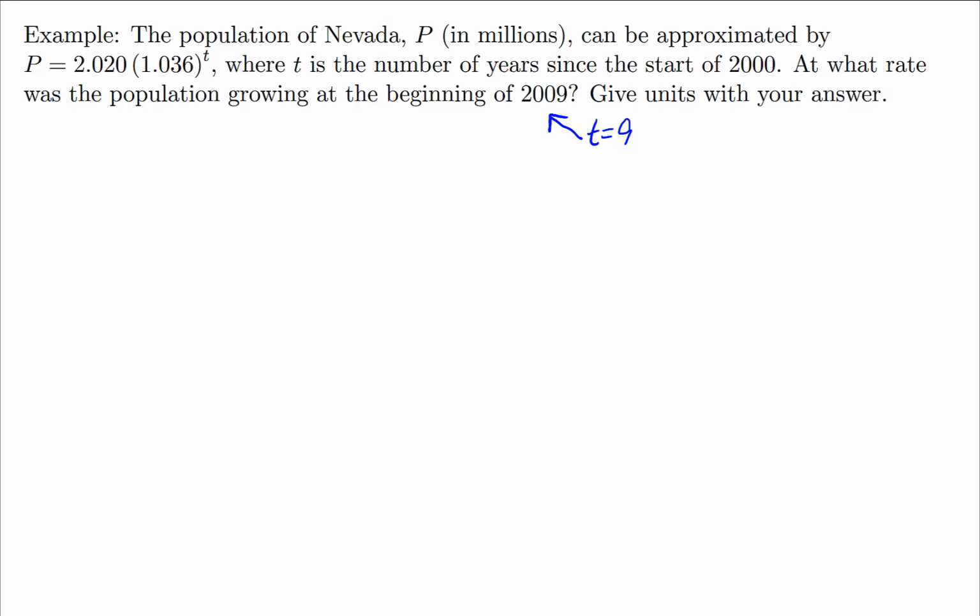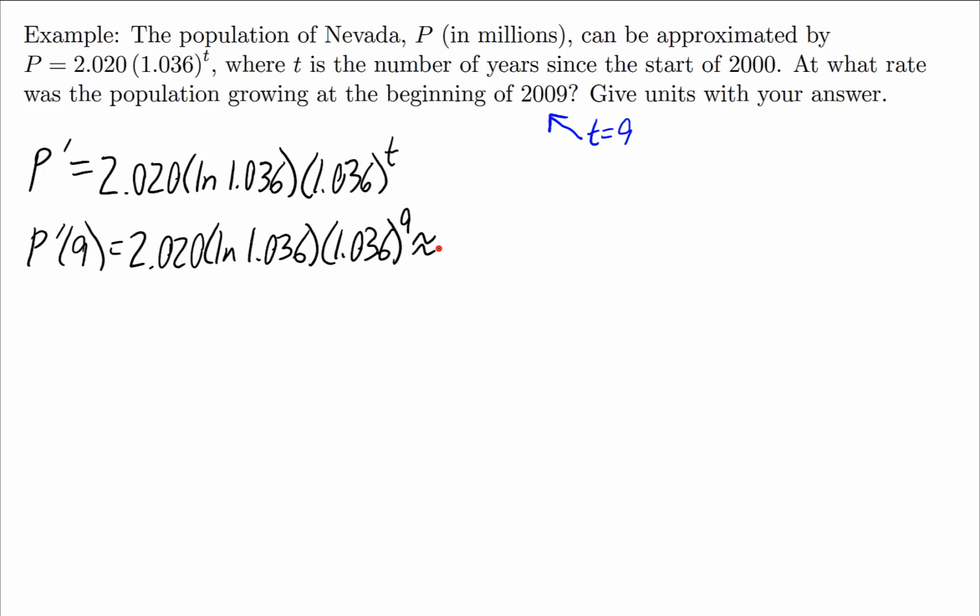Now the word rate is referring to the derivative, so we need to put the derivative together here. P prime, well, the constant is still there, the 2.020. Now this is the a to the t one. This is always the natural log of the base, which would be the natural log of 1.036, that's the natural log of a, times a to the t. And then we'll just plug 9 into this. I arrive at a value of